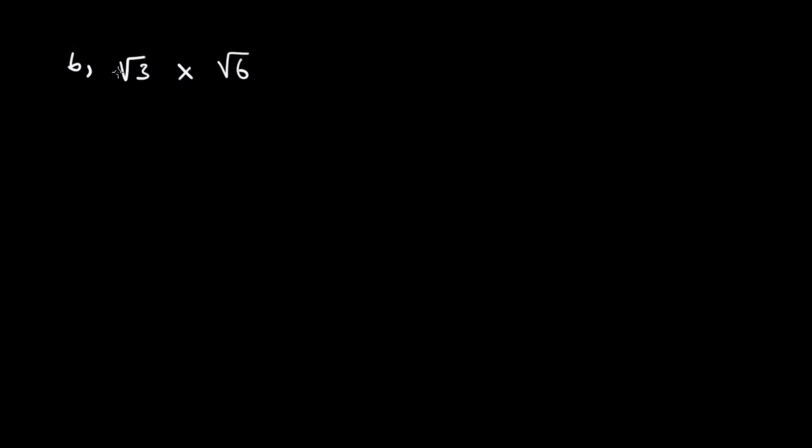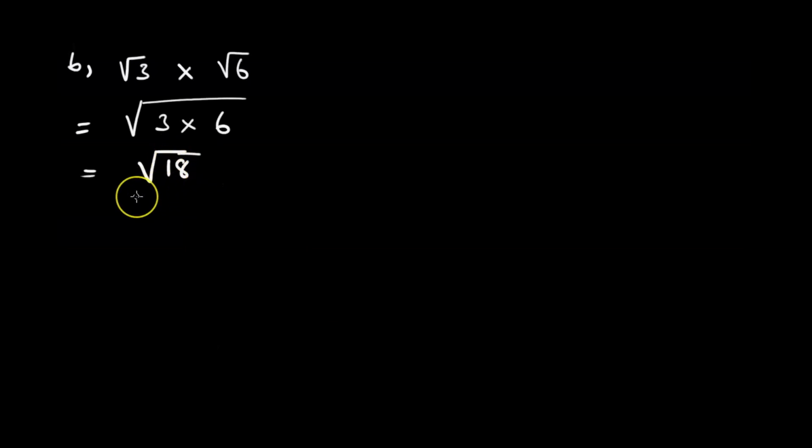Then what about 6? 6 also has no numbers that multiply to give 6 that help, because although it is not a prime number, its factors are 2 and 3. 2 is a prime number, 3 is a prime number. So we can also do nothing here. That means we are left with the option of multiplying everything under one square root. We get 6 times 3, and 6 threes are 18, the 18.